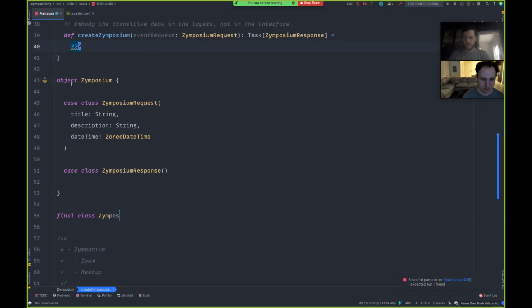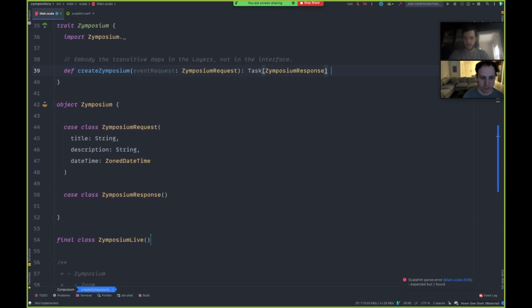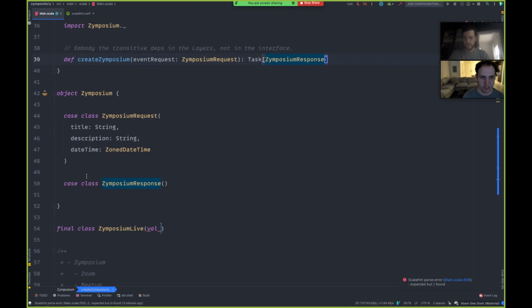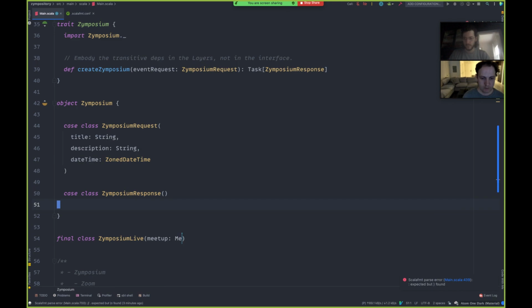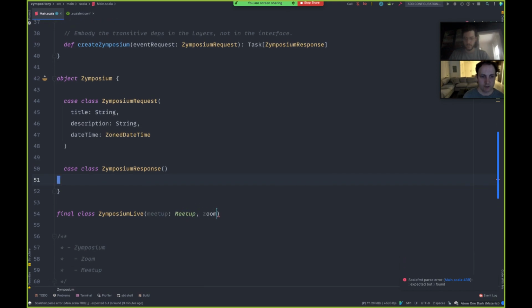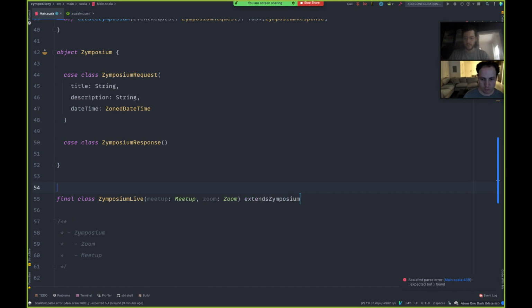So shall we do down here something like, these are new module patterns. So we'll have our Meetup. We'll have our Zoom. Yep. And this will extend Symposium.